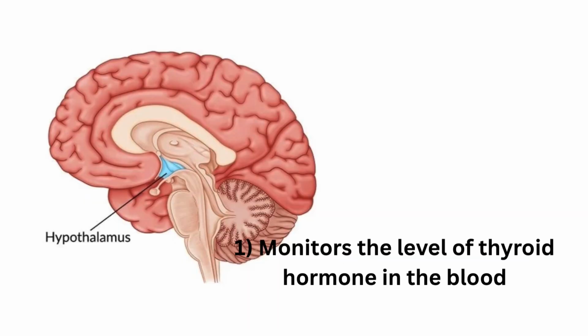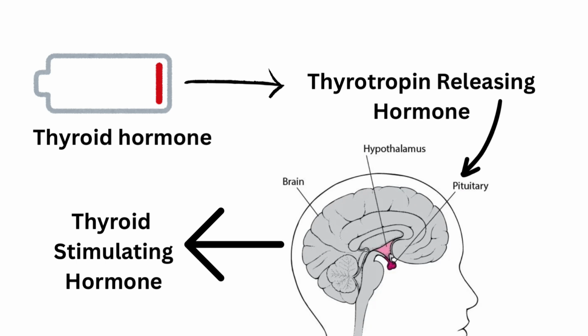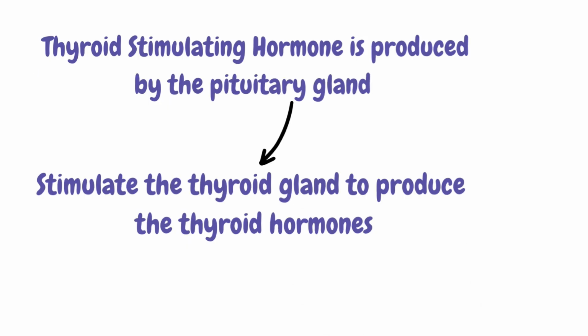Firstly, the hypothalamus, which is part of the brain, monitors or controls the level of the thyroid hormone in the blood. When this level is low, it releases a hormone known as the thyrotropin releasing hormone. This hormone then goes to the pituitary gland and stimulates it into the production of the thyroid stimulating hormone. I want us to remember this fact that thyroid stimulating hormone is not produced by the thyroid gland but instead by the pituitary gland. So this thyroid stimulating hormone then stimulates the thyroid gland to produce thyroid hormone,